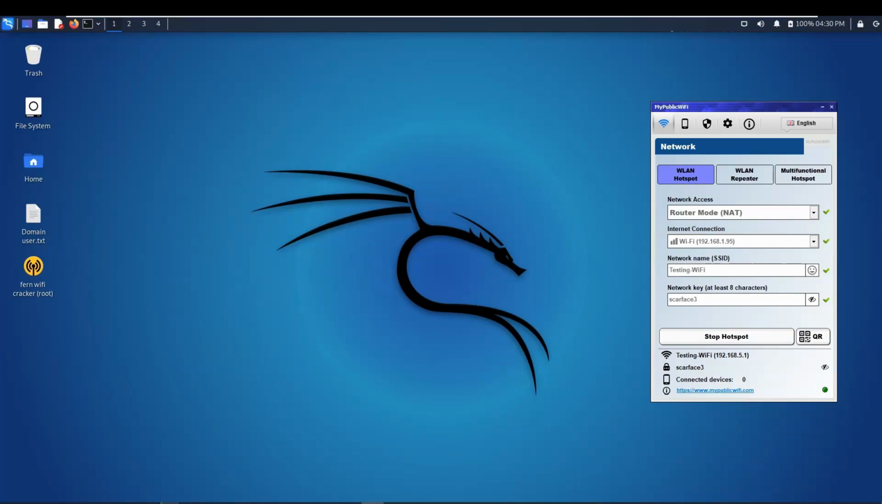In this video, I'm using two Wi-Fi adapters. One is the inbuilt Wi-Fi adapter to connect my laptop, and another is an external Wi-Fi adapter to monitor the wireless